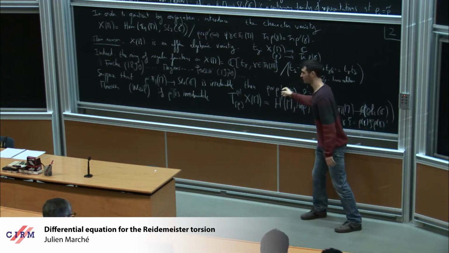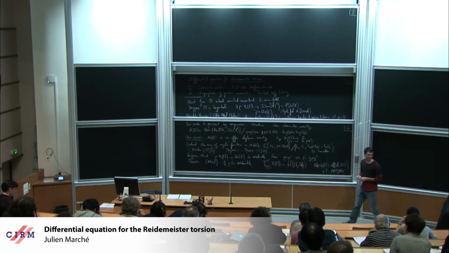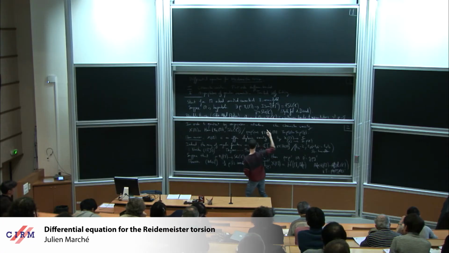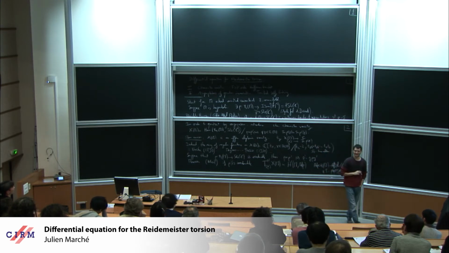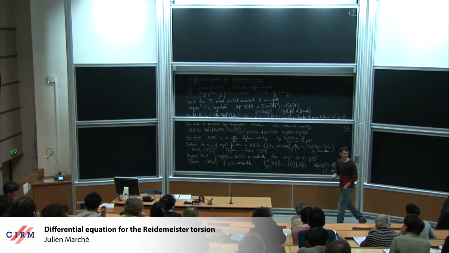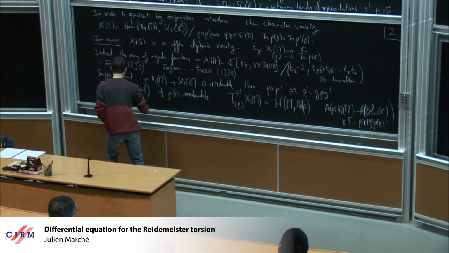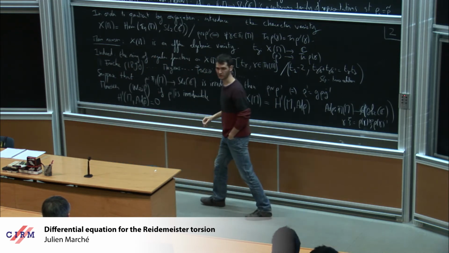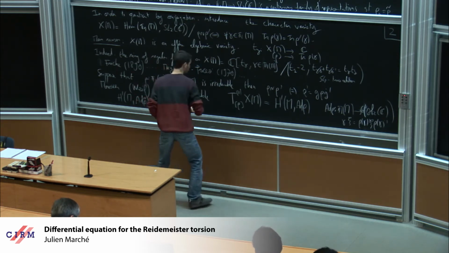I don't want to give the precise definition of this H1, but I will use it many times as a kind of notation for this tangent space. And I just say that the proof of the rigidity result is exactly a computation of H1. At some point, the proof of Calabi-Weil is that H1 of M with coefficients in ad rho tilde is equal to 0. This is exactly how we prove rigidity, in some sense. It implies a rigidity result. Okay?